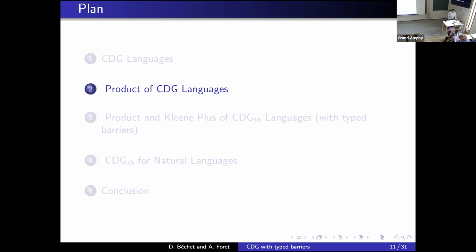So now I want to give you the problem with the product of CDG languages.